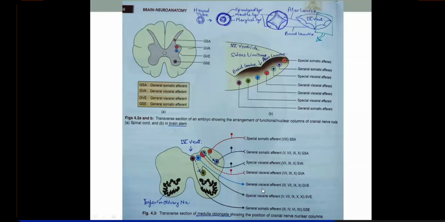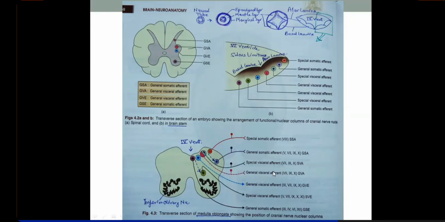So carotid body, carotid sinus, right? Then general sensations from the larynx, pharynx, and palate. All general sensations will be brought in through this functional column. And can you see they have a nucleus outside the CNS? That is because the first order sensory neurons are pseudo unipolar neurons. So all these fibers which are carrying the first order sensations will have their cell bodies lying outside the CNS.